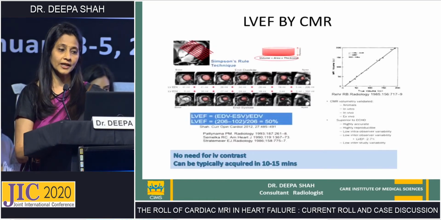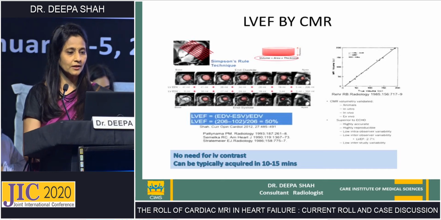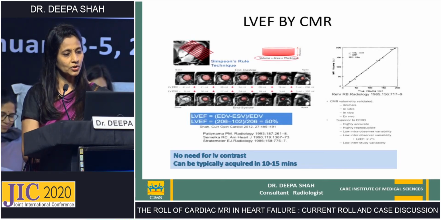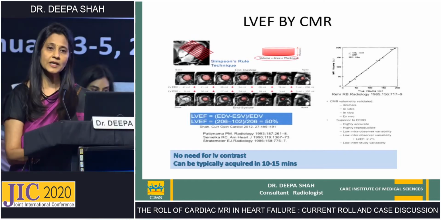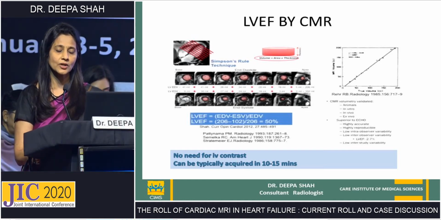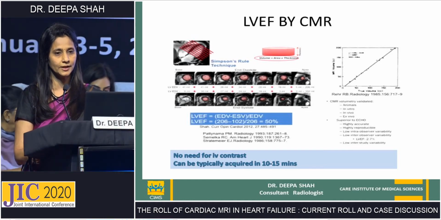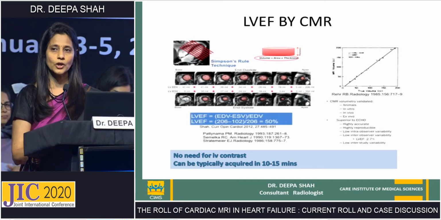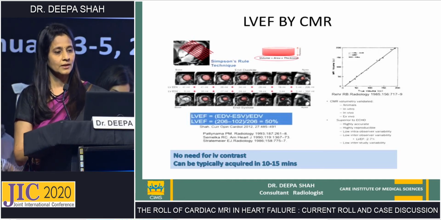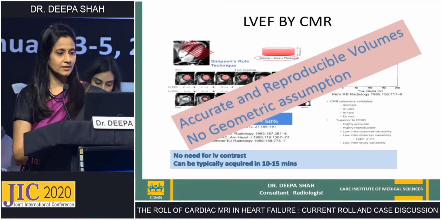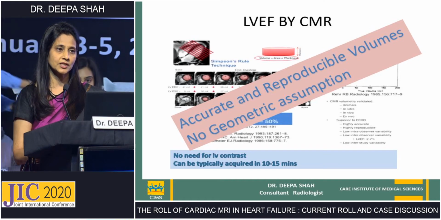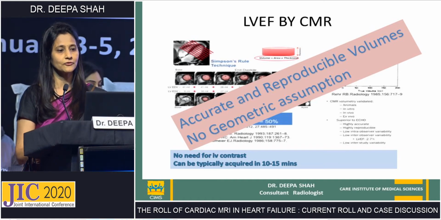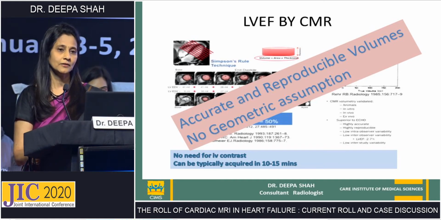Cardiac MR gives us very high quality images. We take a series of short axis images extending from the base of the LV up to the apex, and then we basically go through the contour in diastole and systole and we calculate EDV, ESV, stroke volume and ejection fraction. The beauty of this technique is no geometric assumption is being made, and in fact you'll get fairly good volumetric data with a lot of accuracy.